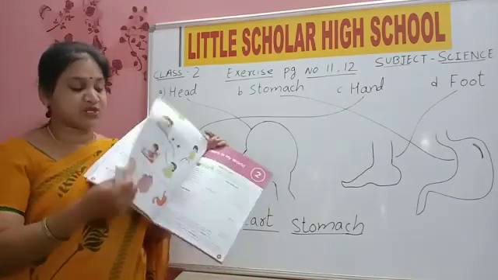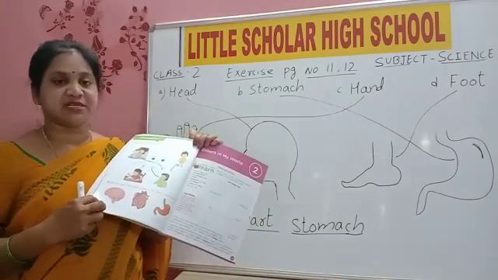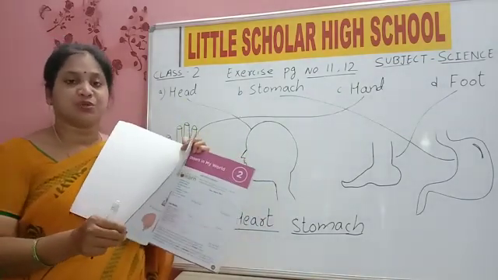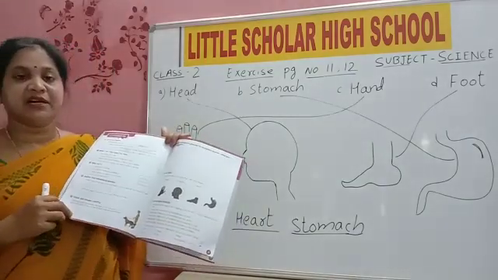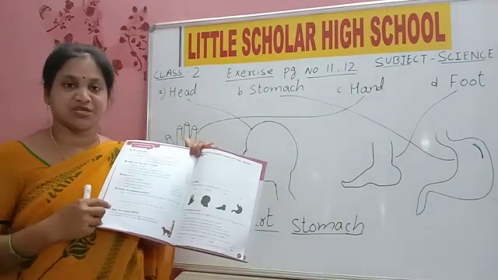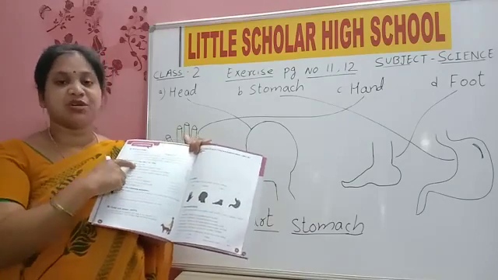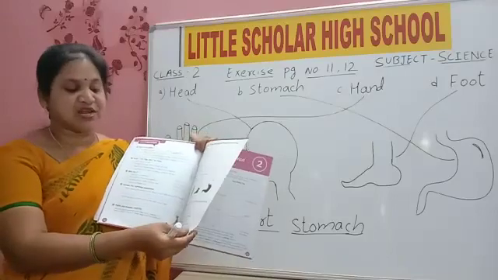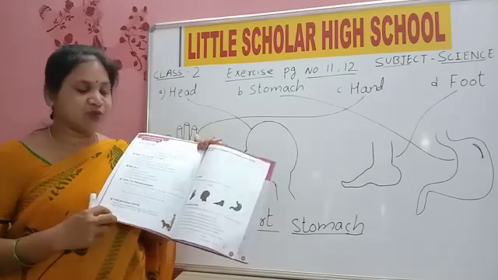Complete these two papers very neatly, children. Page number 11 and 12, write it neatly. Is it clear? And once again, you should go through your lesson. Read the lesson and learn these objectives. Read the lesson, learn new terms, learn objectives, children. Learn question answers. You should go through the lesson one more time and learn page number 10 and complete page number 11 and 12 very neatly. Is it clear, children?